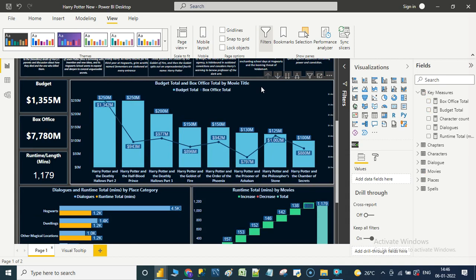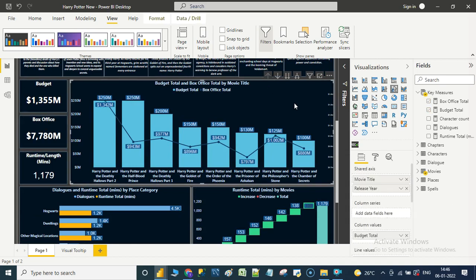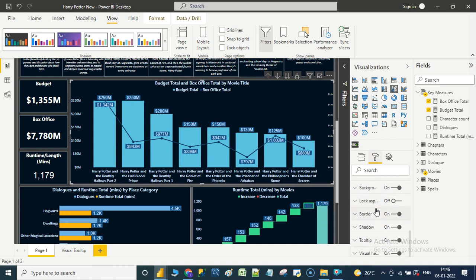Let us click on this visual, go to format, and under format let us go to tooltip. Let us enable the tooltip. Let us keep type as report page, and let us take page as visual tooltip, which has been created over here.